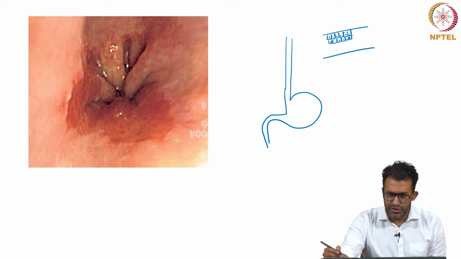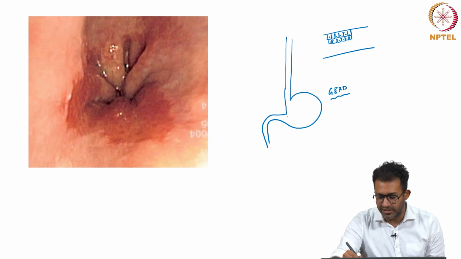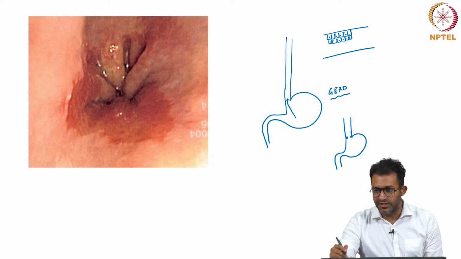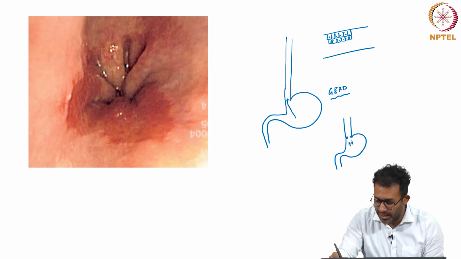In patients who have a huge amount of acidity or gastroesophageal reflux disease, GERD, the acid which is being produced in the stomach and early part of the small intestine refluxes back into the esophagus. There is usually a mechanism which prevents that. There are valves, there is a sphincter, a muscle which contracts when the esophagus is in resting state, which prevents this reflux from happening.